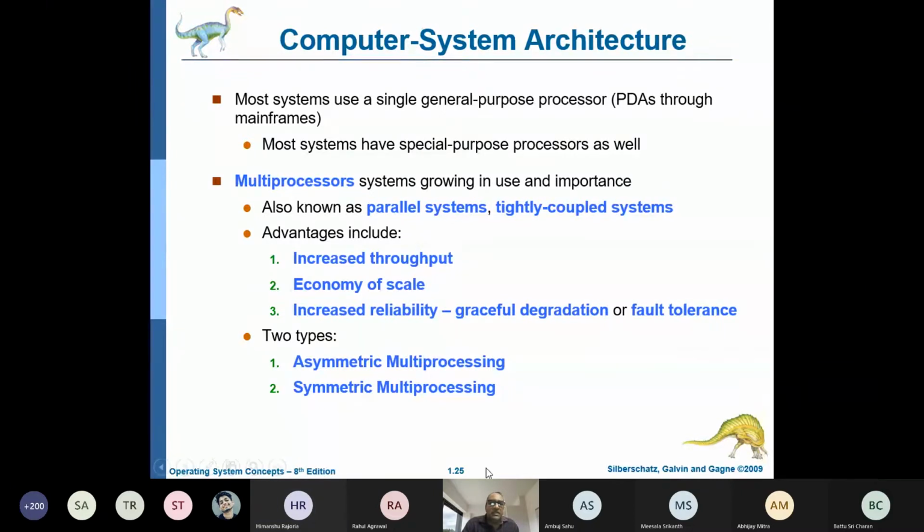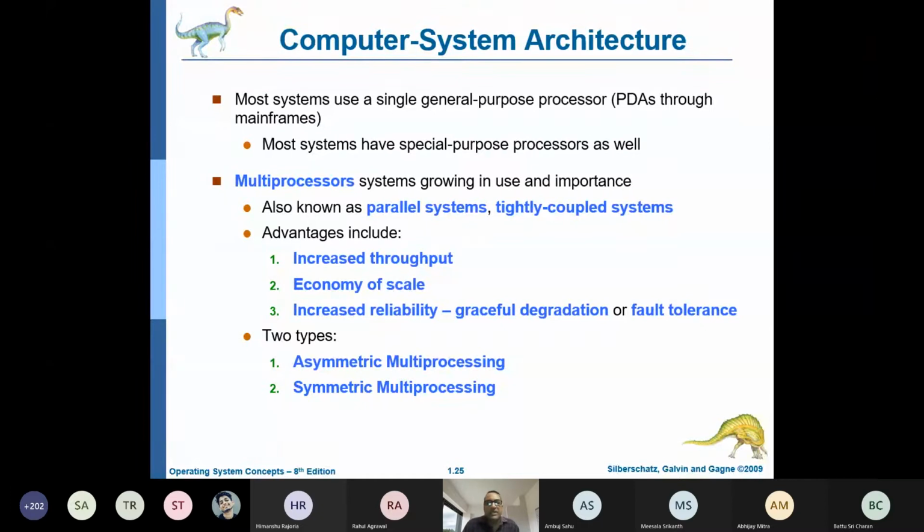And then coming to the asymmetric and symmetric multiprocessing, the way these differ. Both are applicable for a multiprocessor system. In asymmetric multiprocessing, one processor acts as a kind of master, and it tries to coordinate the jobs given to the other processors. So the relation among the processors is that one is a kind of master, a coordinator. The others follow whatever jobs are assigned to them, and they take care of that.